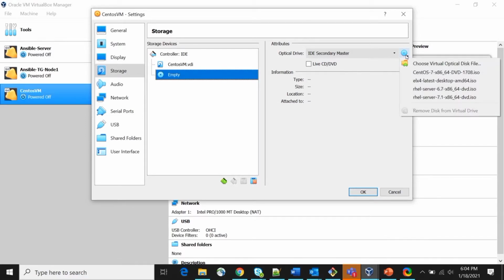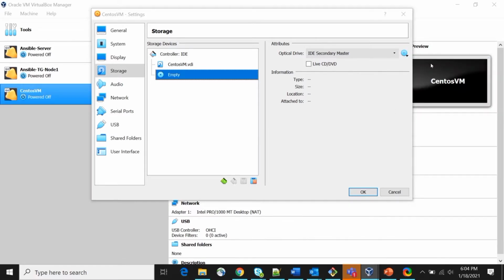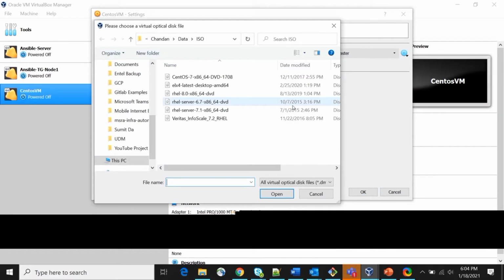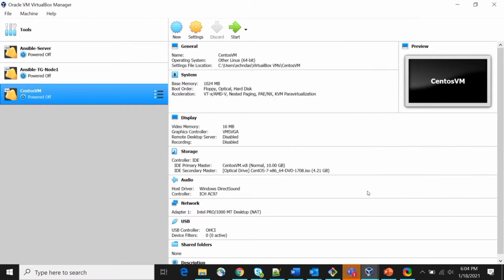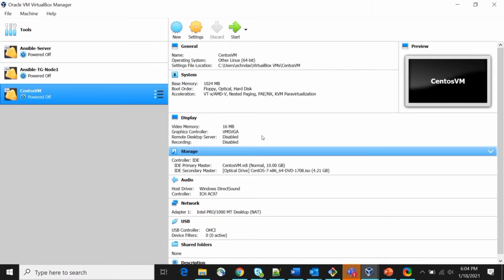So click here, and you can browse and choose the image from here. So I am selecting this CentOS image. Okay, click OK once again. Right, now start your system.